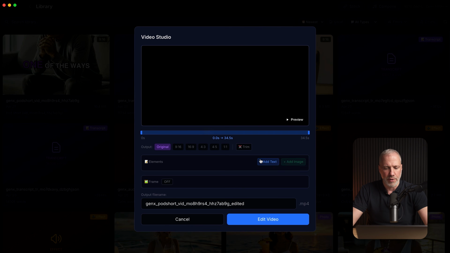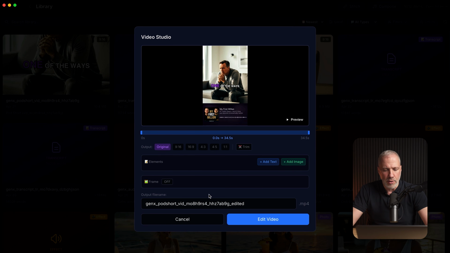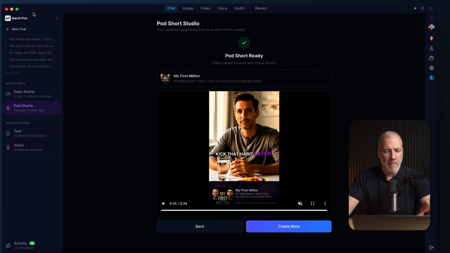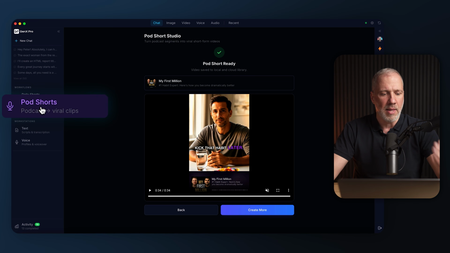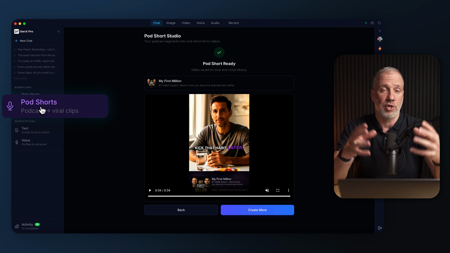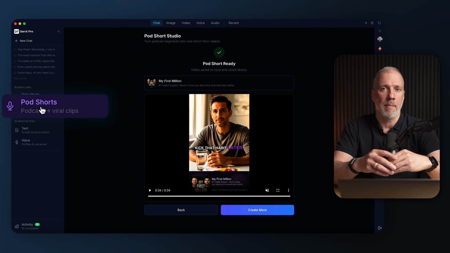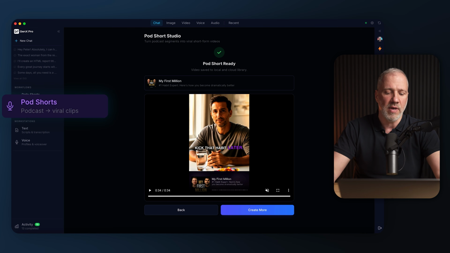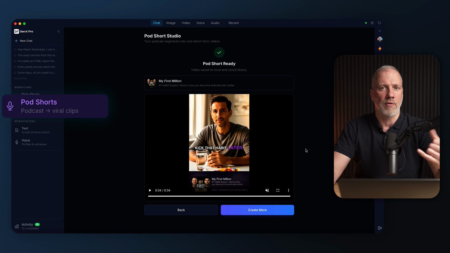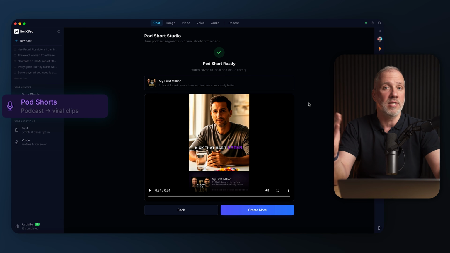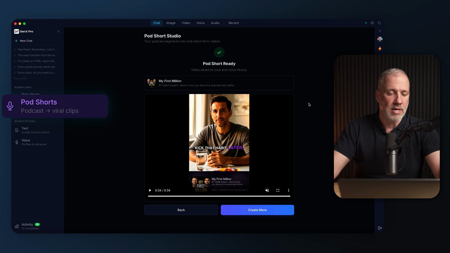And then you can also, for example, use the studio, where you can add the frame if you want to. You can pick some color of the frame and generate the frame. So many different other features are available, but the key thing is that with the pod shorts, you can generate virtually unlimited short form content for your TikTok, Instagram, or YouTube shorts, and you are giving attribution to the actual podcast creator, which is also good. So it's a win-win solution for both sides, and you can do that very easily, as you saw in this